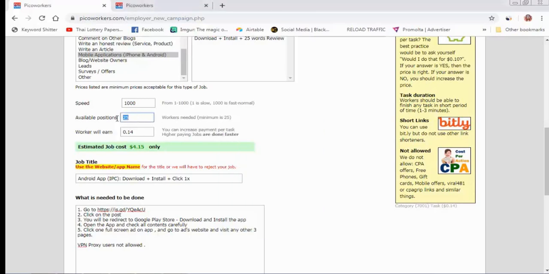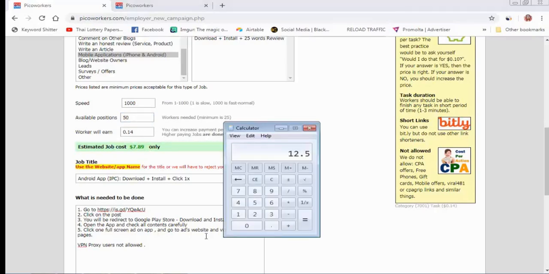If you run a campaign for 50 users, for example, you need 50 clicks, you need to pay only $7.89. And here we can check, if we get, for example, a normal CPC of, for example, 30 cents, 0.30, into 50, we will earn $15, and what do we pay? $7. Double benefit you can earn on your Google AdMob account.